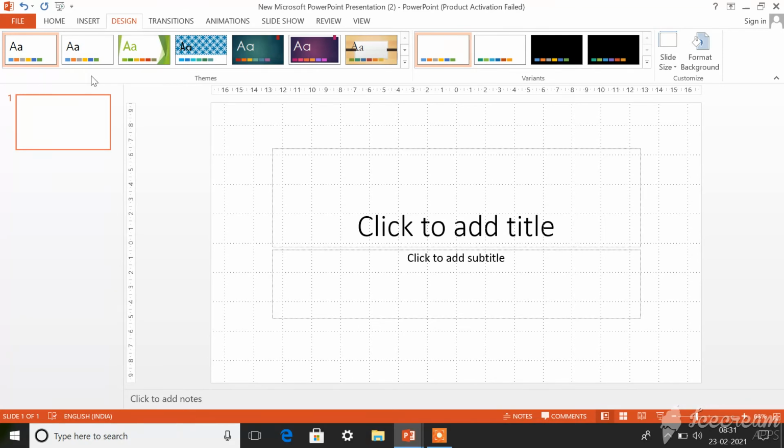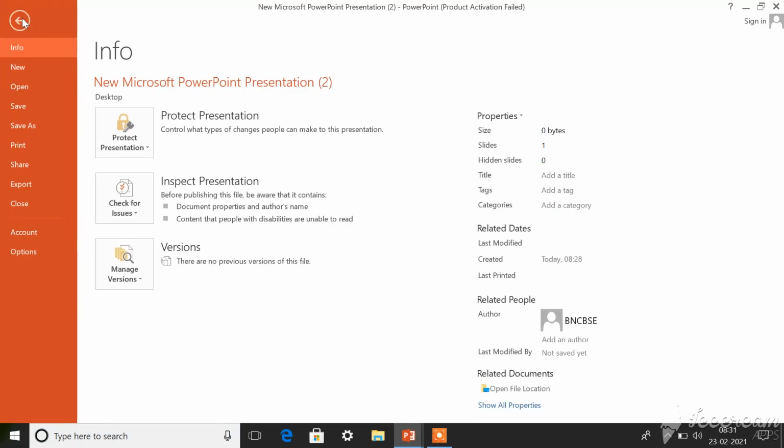Themes and templates are similar. They both have similar usage. But the difference is that templates are predefined designs that are used to create a new presentation. Whenever you want to create a new presentation, you can use these designs. First of all, you need to go to the File tab and click on New.